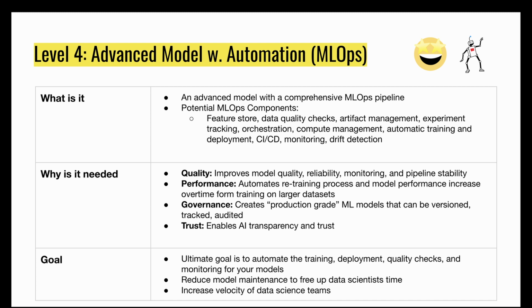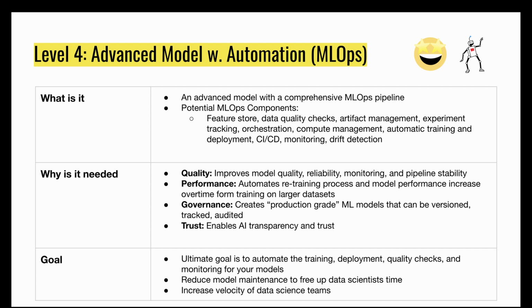Many data science teams get stuck maintaining large, complex models, and MLOps is a way to automate manual processes, reduce tech debt, and free up data scientists' time to work on new problems. Product managers can add the most value at level 4 by enabling models to be deployed across large companies, providing model visibility for the business, and strategically helping their teams build MLOps pipelines that reduce technical debt. This is where I spend most of my time as a PM, and it's a great area to get into